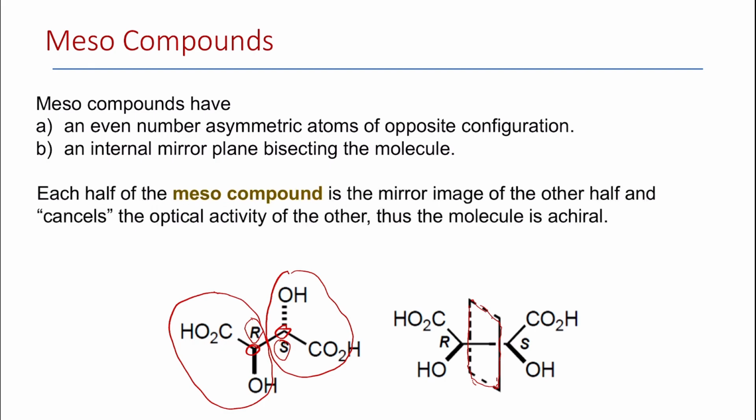Each half of the meso compound is the mirror image of the other half, and they will cancel the optical activity of the other. So half of the molecule will rotate plane polarized light in one direction with a certain value, while the other half, because it has the opposite configuration and the same structure, is going to rotate the plane polarized light in the opposite direction with the exact same value,